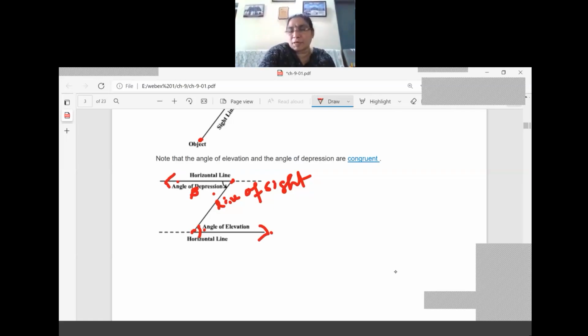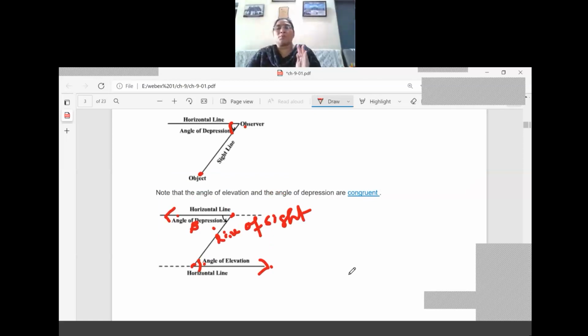If it is making 45 here, then the elevation is also 45 degrees. So both are congruent. For this type of question, we must learn how to draw a right triangle first. If you are able to form the diagram, then it will be easy. So once again, when we are standing on the ground level, we are viewing an object on the top. The horizontal level I have already drawn. What is this direction? Line of sight. This angle is called alpha, and it is noted as the angle of elevation.